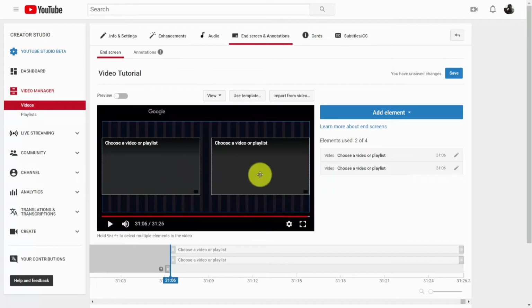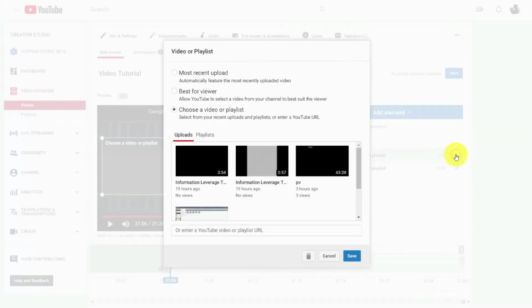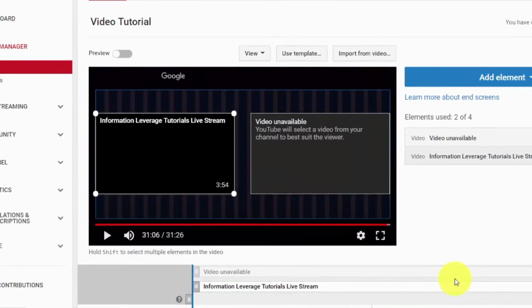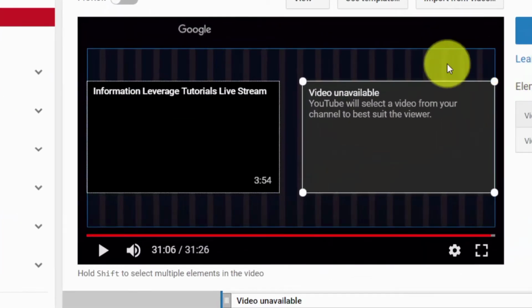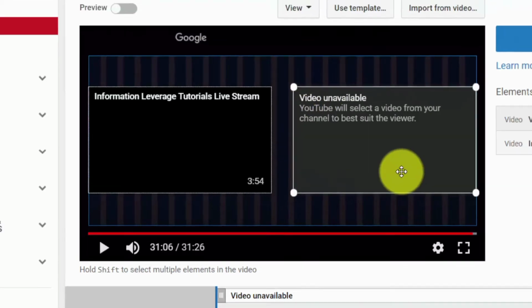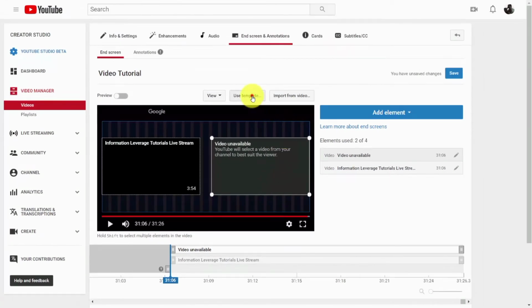That means that now what we need to do is choose 2 different videos that are going to be part of the end screen. So we click inside, get one of the videos we want. Now when we do that, then YouTube is going to select the other video. You can go back to your template